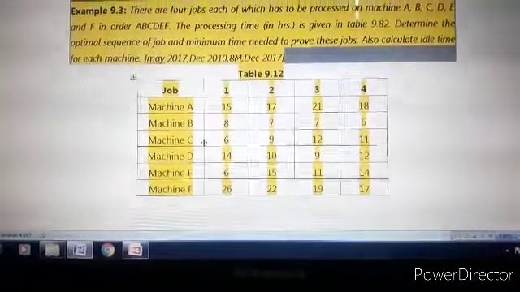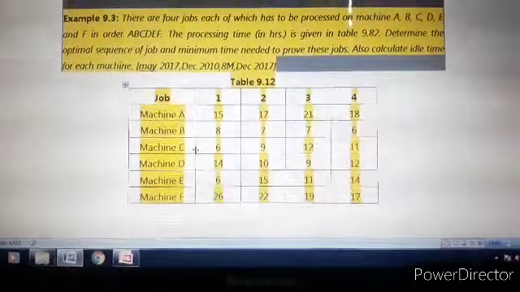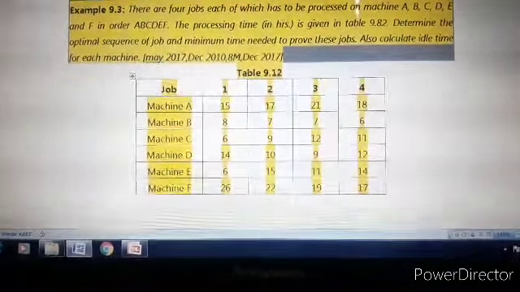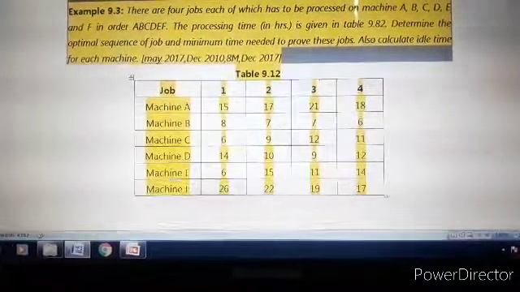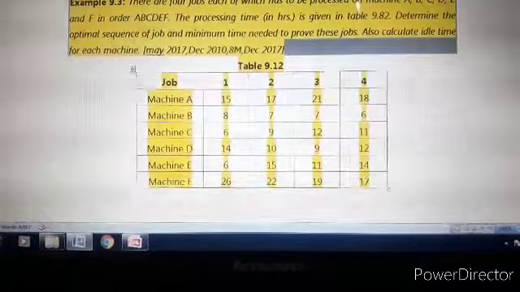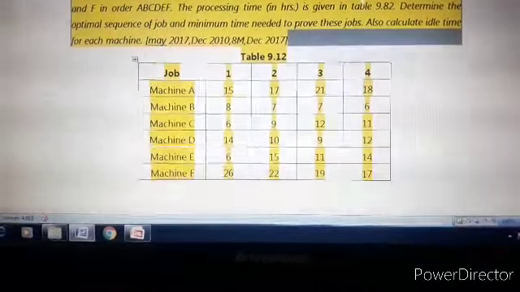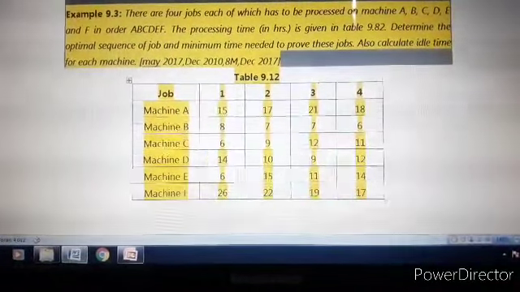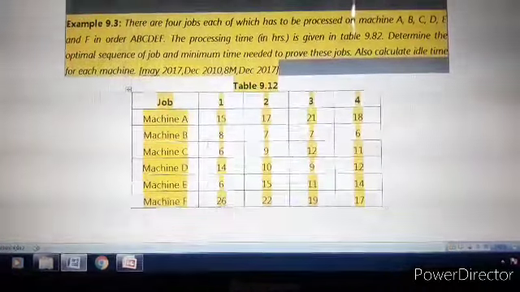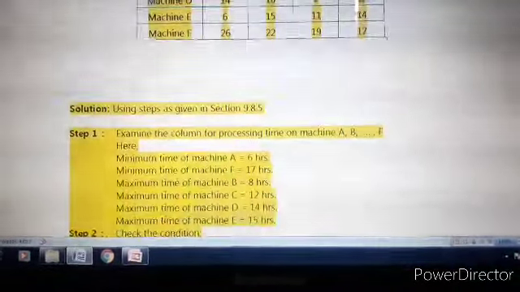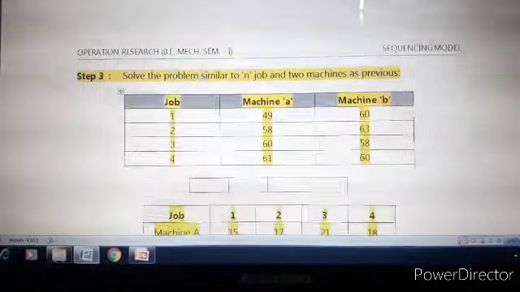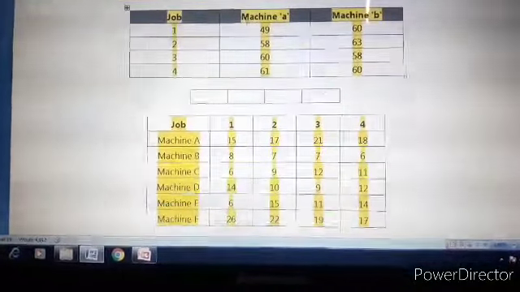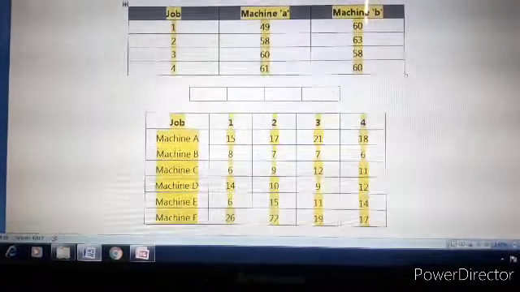In order to convert this M machine problem into a 2 machine problem, we have to find the processing time for machine small a, by adding the processing times of machines capital A, B, C, D and E. Similarly, we have to find the processing time for machine small b, by adding the processing times of B, C, D, E and F. So these are the steps, and this is machine small a and this is machine small b.